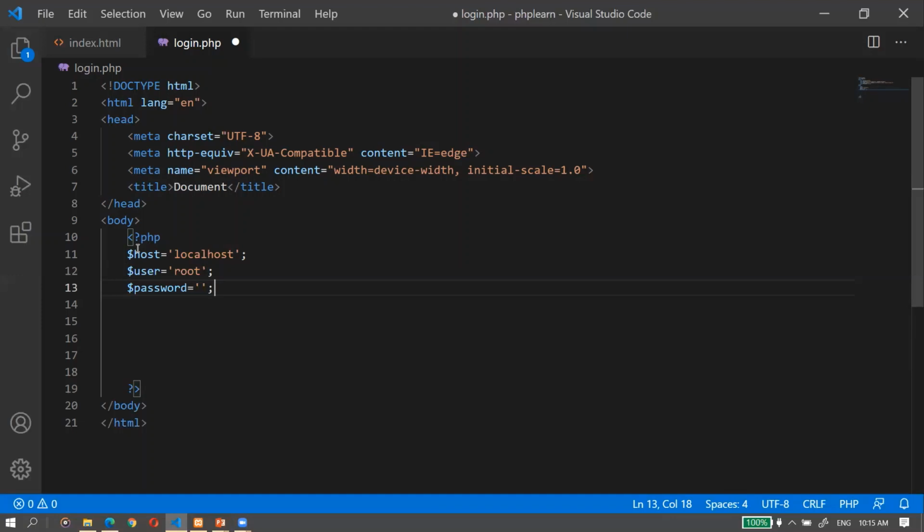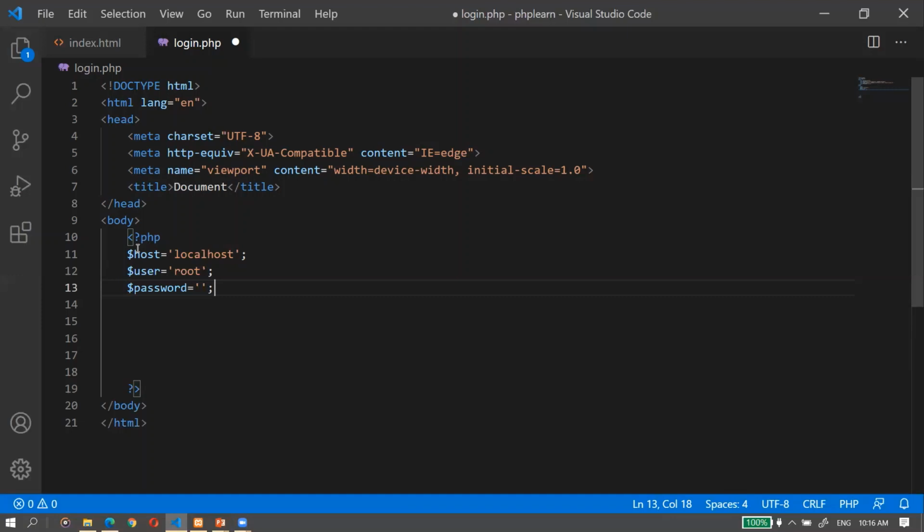Next is the database name. How to make a database in MySQL, I will tell you in a separate video. For now, I already have MySQL installed, and I have created a database called student portal. You can refer to my next video, where I will definitely show how to make a database in MySQL.